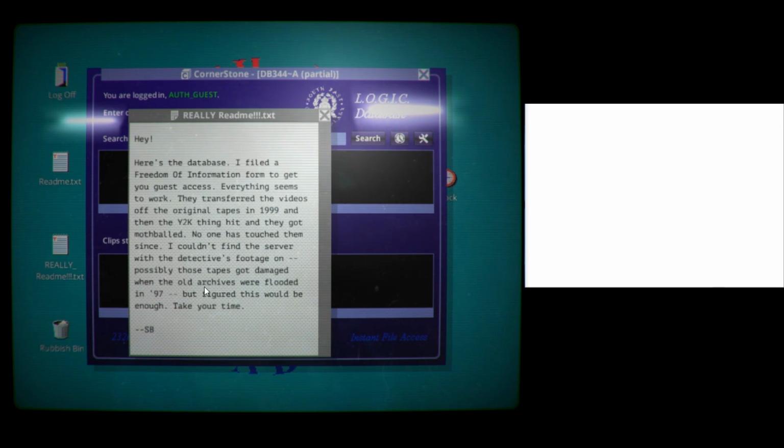I couldn't find the server with the detective's footage on. Possibly those tapes got damaged when the old archives were flooded in